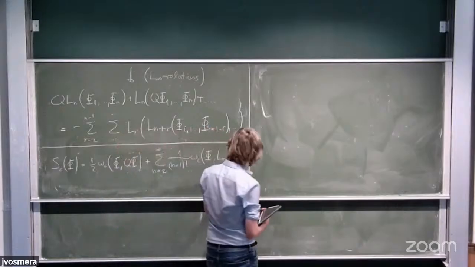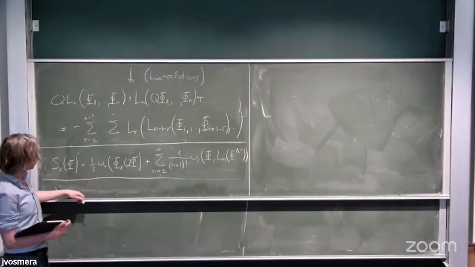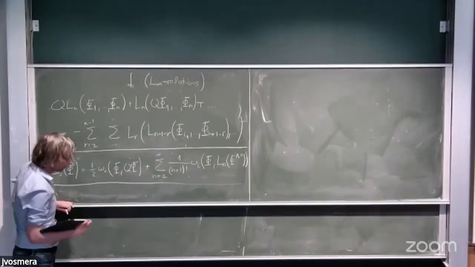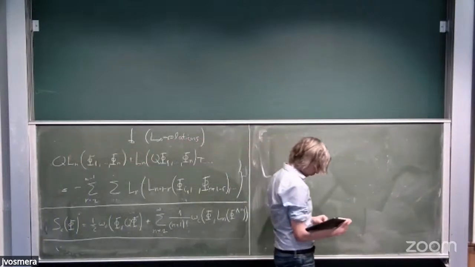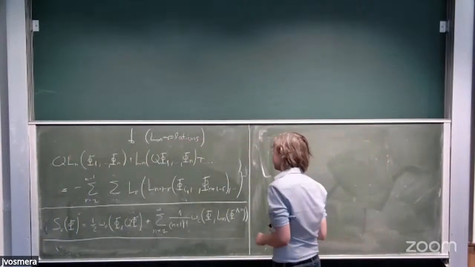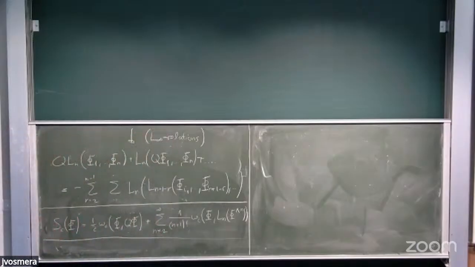Then first, we remember that the original free action, phi Q phi, enjoyed a symmetry under gauge transformation. Now, of course, if you just try and vary this action with respect to phi and substitute this gauge symmetry Q lambda,